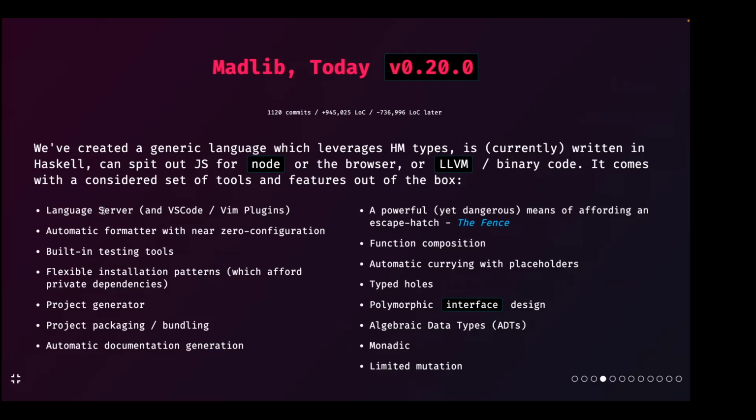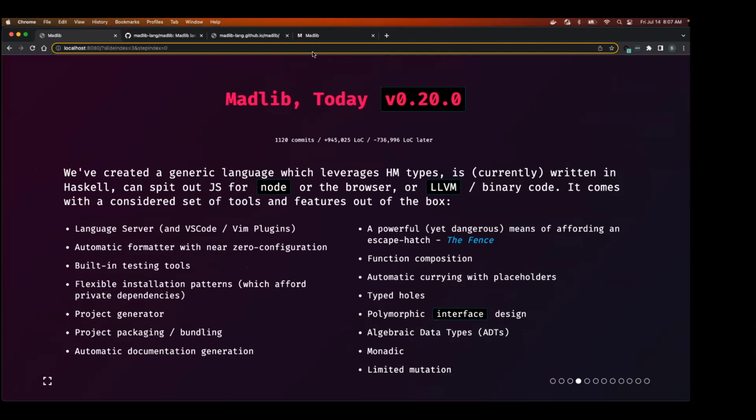We have built-in testing. Currently we're piggybacking on NPM as a package manager, so we can install via NPM, and also have privatized packages. We have a generator, a bundler, and automatic documentation generation, which I can show right now.